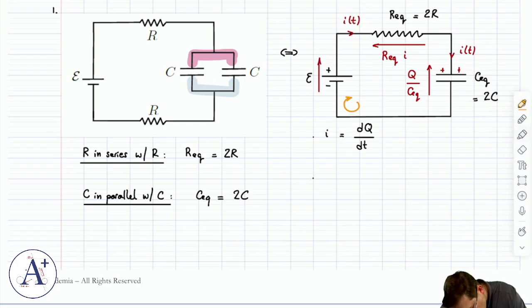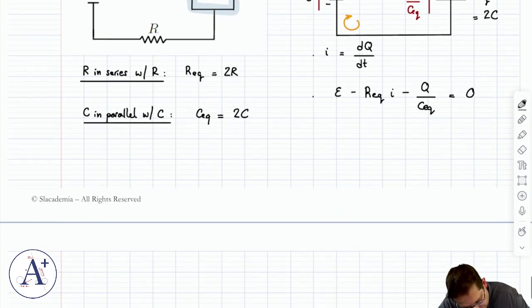like this. As I go around my loop, I travel in the same direction as epsilon, so epsilon counts positive. Then I travel from here to here against R equivalent I, and from here to here against Q over C equivalent. So I'm going to get minus R equivalent I minus Q over C equivalent, and that's all going to be 0. So what is this? This is going to be epsilon is equal to R equivalent times I, which is dQ/dt, plus Q